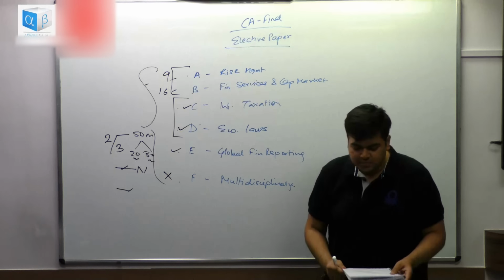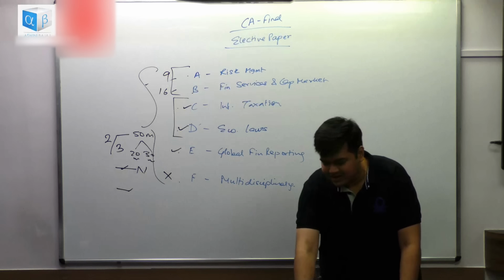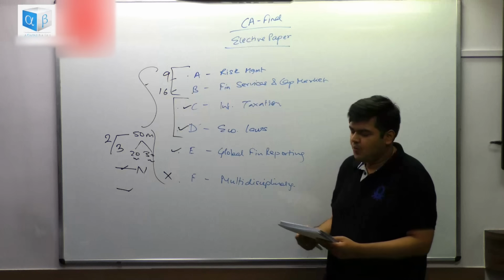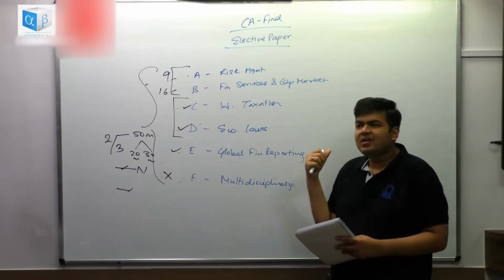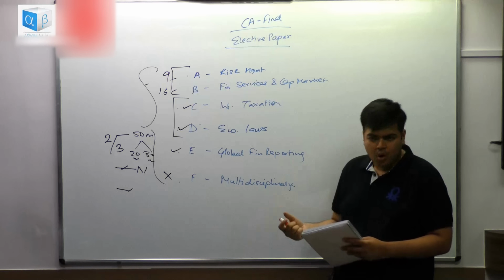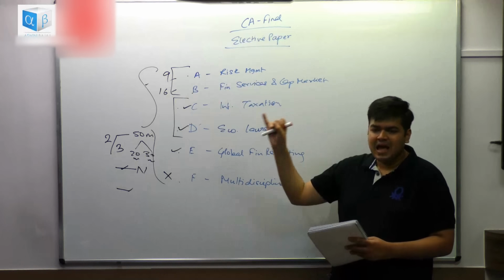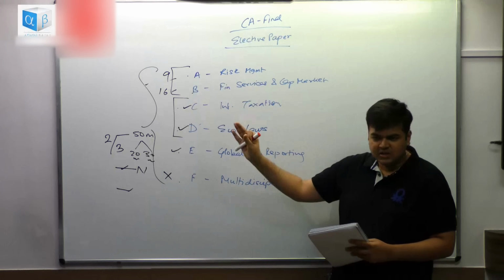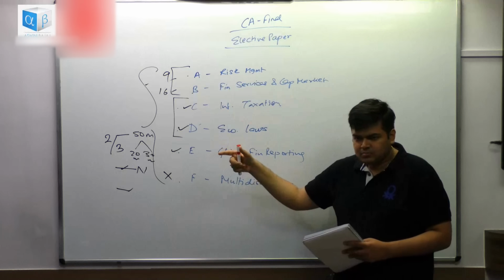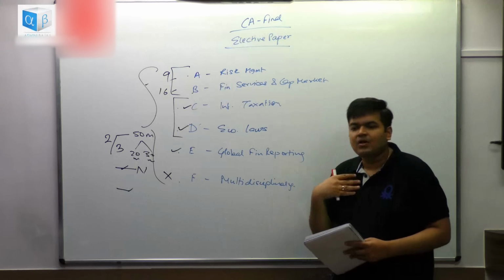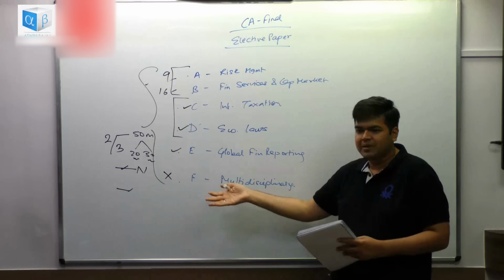Now going through the syllabus in a little detail, I'll start with one at a time. I'll start with the first one. When you're looking at risk management, it is not so much of mathematics. There are only two readings, one with a little bit of quants. In the quants part, you have mean, standard deviation, variance, you have probability, you have Bayes theorem. Now don't worry about the Bayes theorem because even I don't know the formula of Bayes theorem.